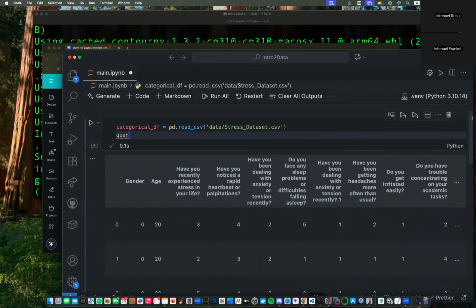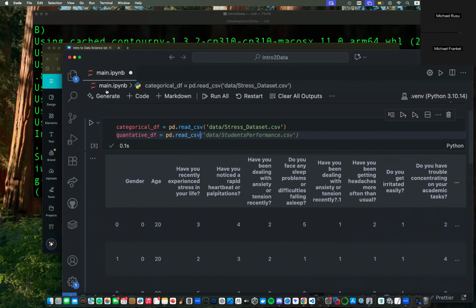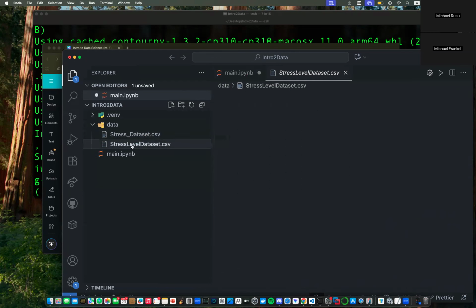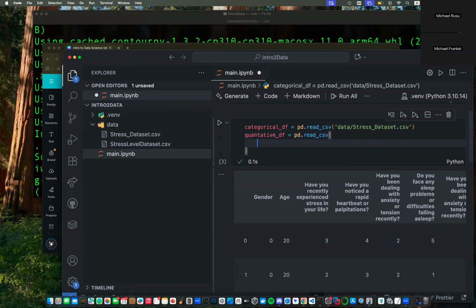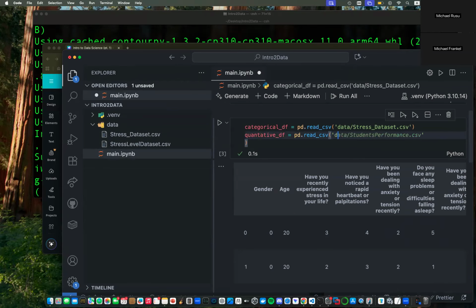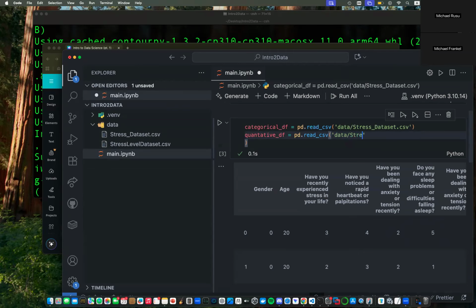So I'm going to call it quantitative. Then we're going to read, and that's that one. And then we're going to load this data set here, the stress level data set. So it's the same as this, data/stress level data set.csv.